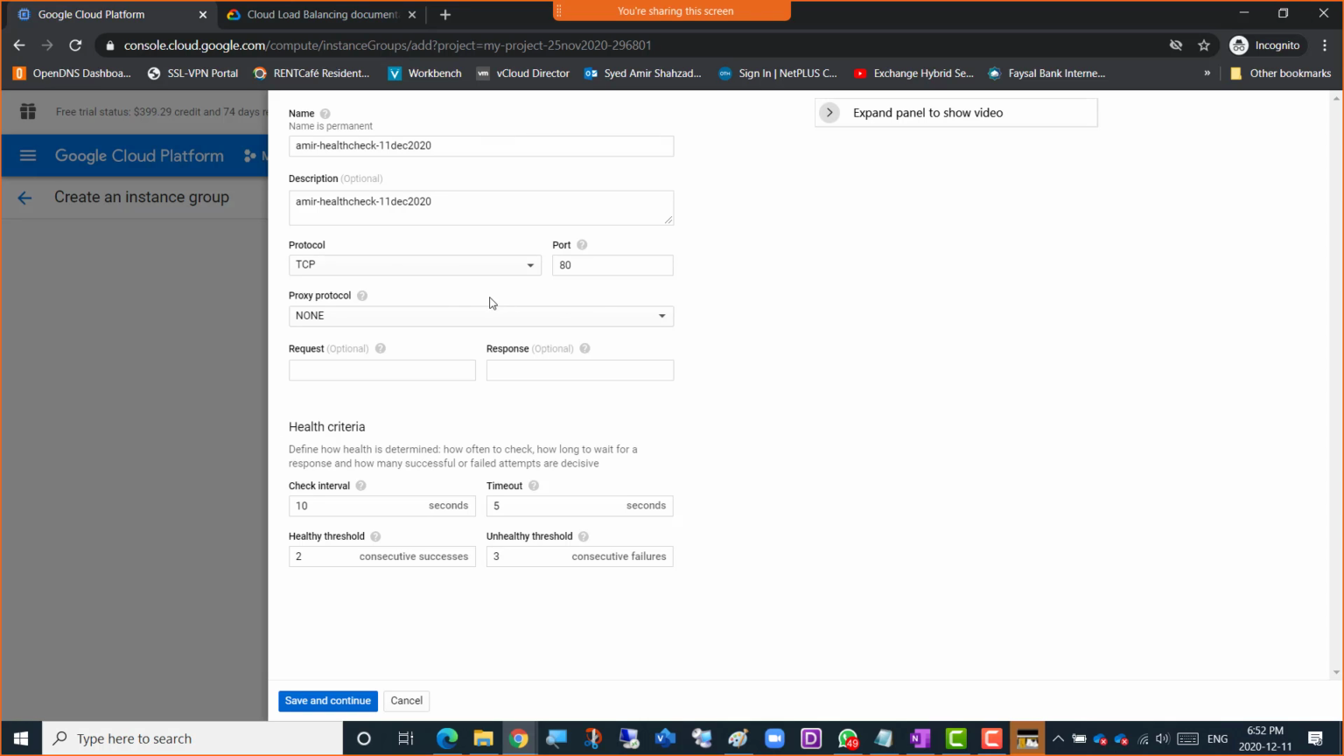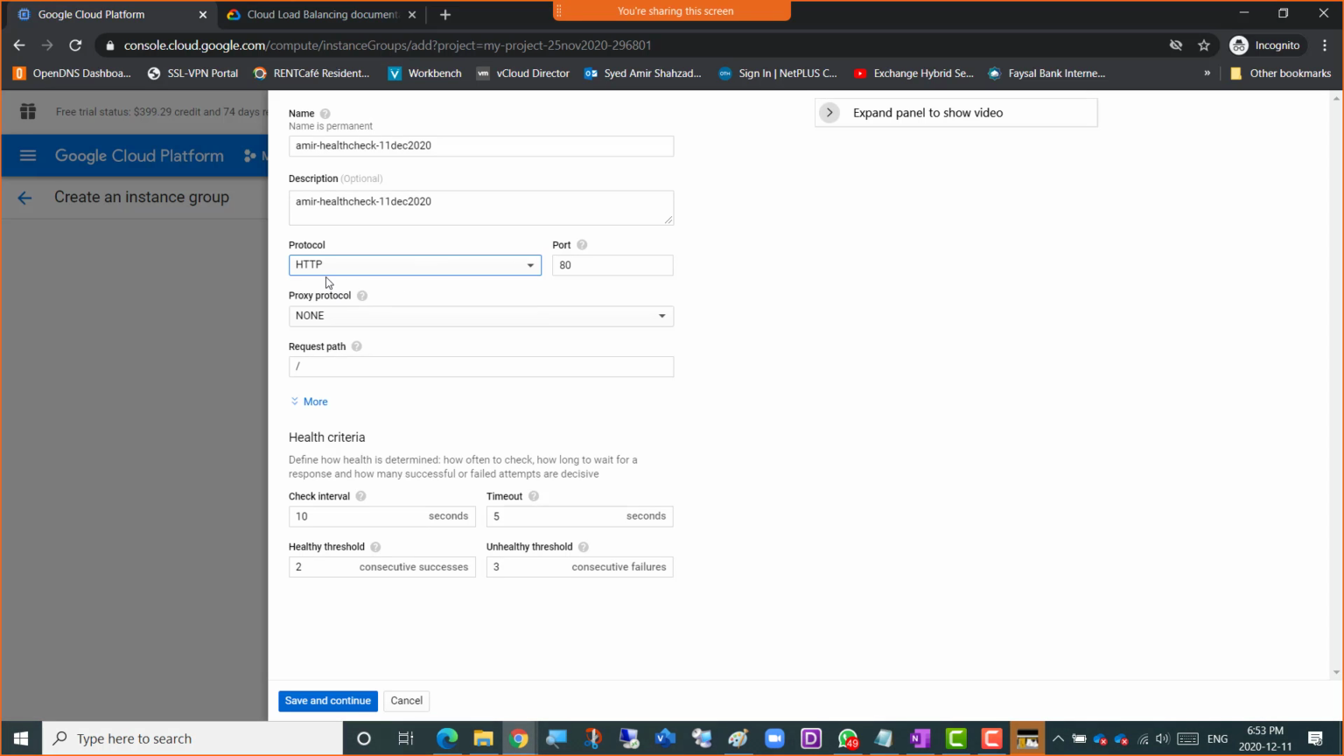So for that, the protocol could be TCP, it could be HTTP as well. So we can go for HTTP. So HTTP port 80 here because it's just strictly web server traffic. If it was other than web server, like database traffic or file server traffic, then we could have gone for TCP as well. So it's HTTP, and once you select the HTTP,